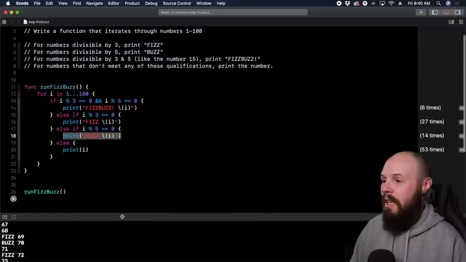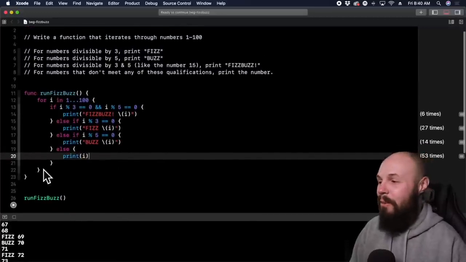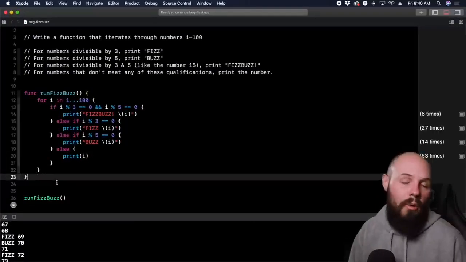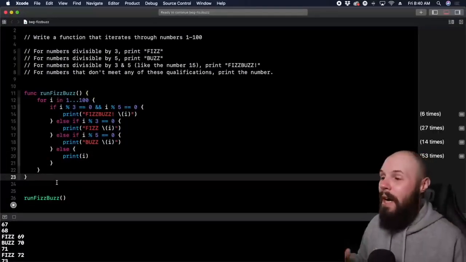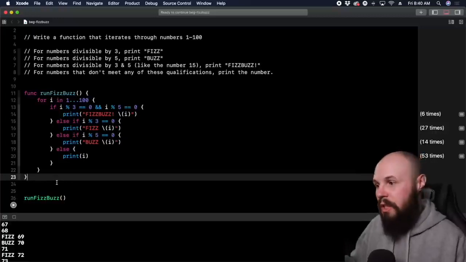So again, FizzBuzz is a classic rite of passage. You're probably going to see this a lot throughout your programming career when you're just learning other languages, should you decide to explore those. But as always, if you have questions on how we came up with the solution or concerns,